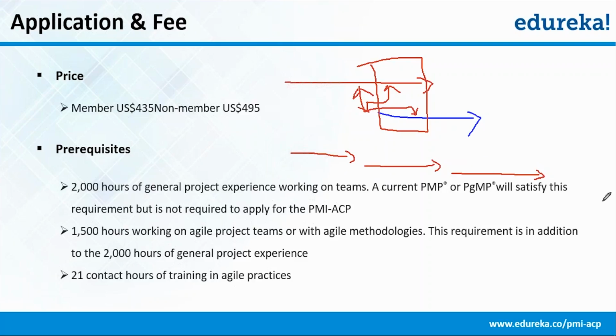Is this clear? Is this thing clear to all of you? Because that's a misconception a lot of people have, and they kind of confuse that, and most of the time the candidature is rejected because they fail to comply to this rule. And also, in addition to that, you need 21 contact hours of training in agile practices, and